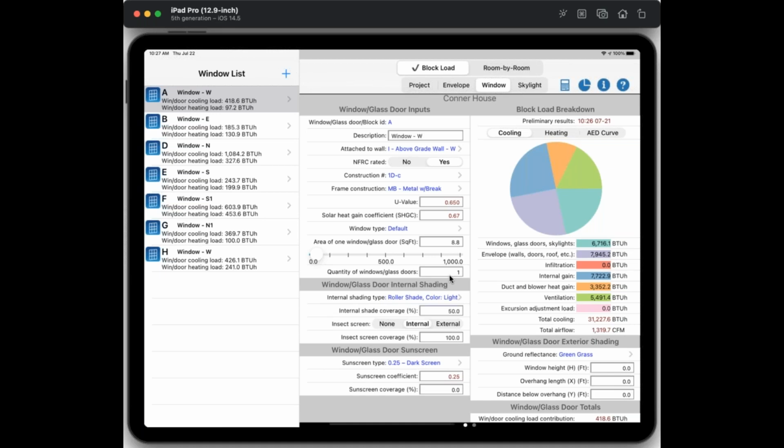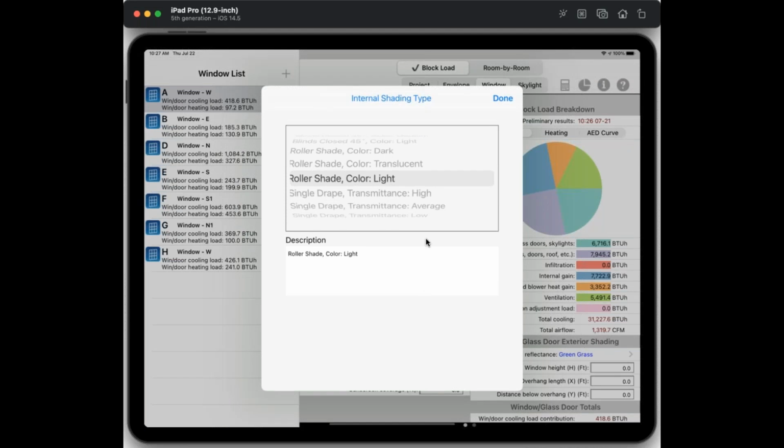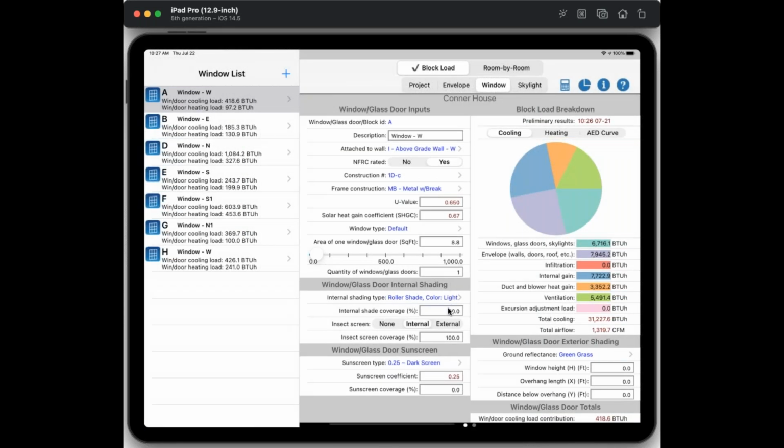So a really important part of windows for cooling loads is the shading. Because if you do have shading, it's going to lower that solar component pretty dramatically. So here you can select internal shading, meaning shades, blinds, drapes, and what percentage of the window is being covered by that internal shading. Then you can specify an insect screen, whether it's internal or external. Down here, you have a sunscreen. What type of sunscreen it is. If you don't have a sunscreen, just click no sunscreen. And then autofills in the coefficient, which you can override,